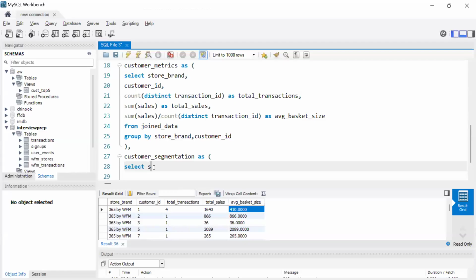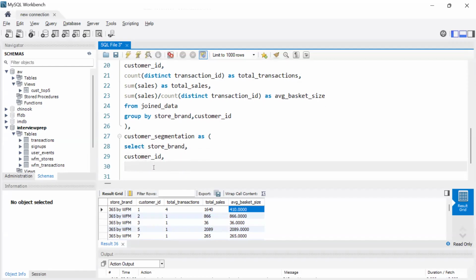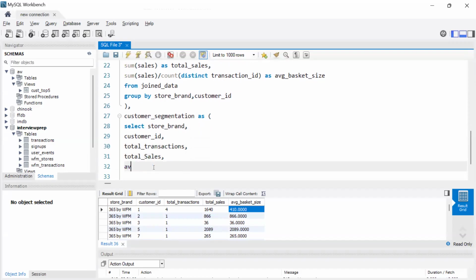So select store brand, customer ID, total transactions, total sales, average basket size,